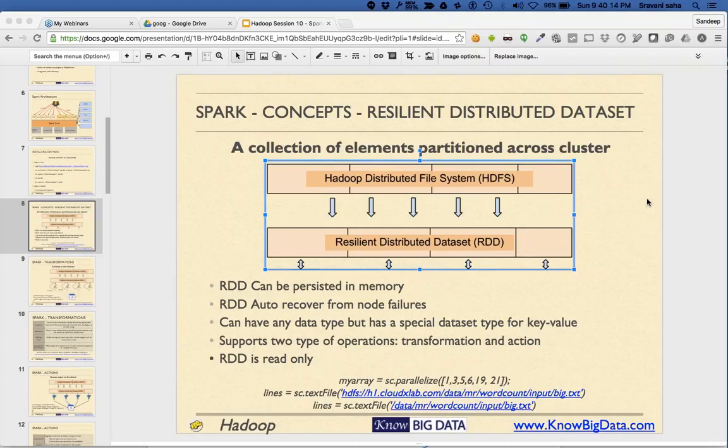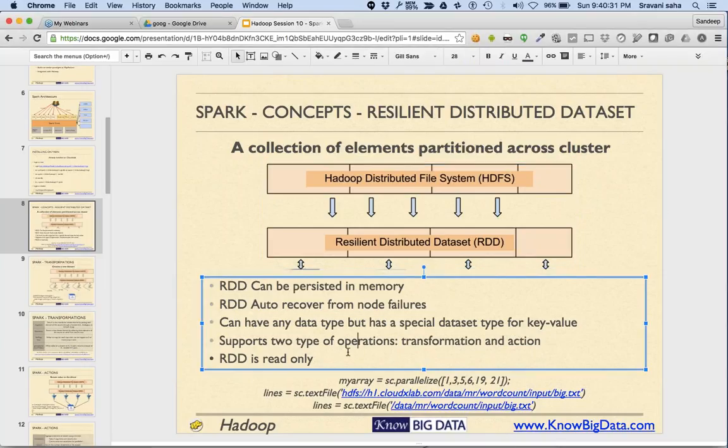It keeps track of all the commands you have provided in order to create it. So if one particular partition fails, Spark can quickly recreate it on another machine. That's the main idea behind RDD.